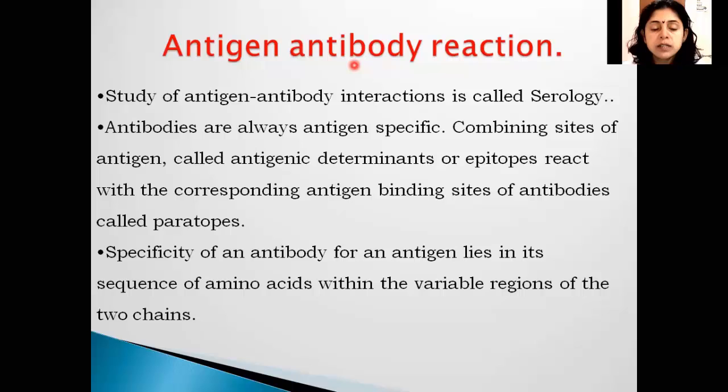Immunoglobulin is the term given by the WHO, the World Health Organization. Simply we say it is the antibody. These are the globulin bodies which help in immunity, and that's why it is also called immunoglobulin. If a question is asked, write notes on immunoglobulin, you should understand that it is the antibody. It is important to note that it is just the antibody. The types of immunoglobulins are mostly not included in your syllabus.